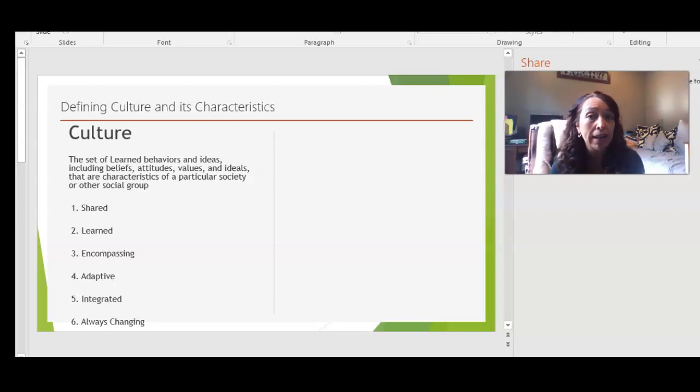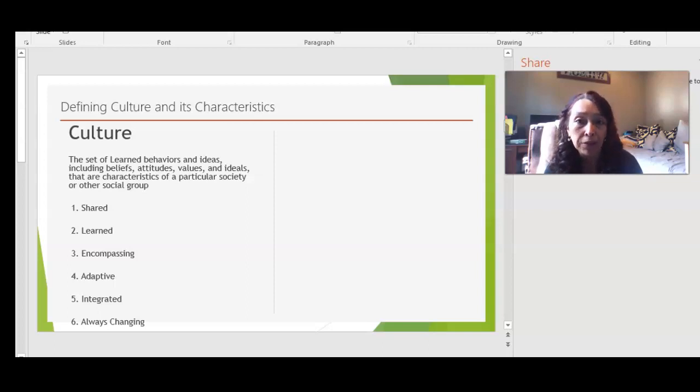It's shared. It has to be shared by a large amount of people for it to be considered cultural. If I decide I'm going to hop on one foot and you're going to follow me, that's not cultural. But if a large amount of the society does, then we can consider it a cultural trait. Culture is always learned. We acquire it through our lifetime, like I said, from various people. It's not biological. Biology is very important. I also teach biological anthropology, but for this course, it's about the cultural aspects. It's all encompassing. We study all aspects of culture, whether it's marriage, gender, race, identity, or kinship charts, and we study all people, all time periods, all geographical areas, right?